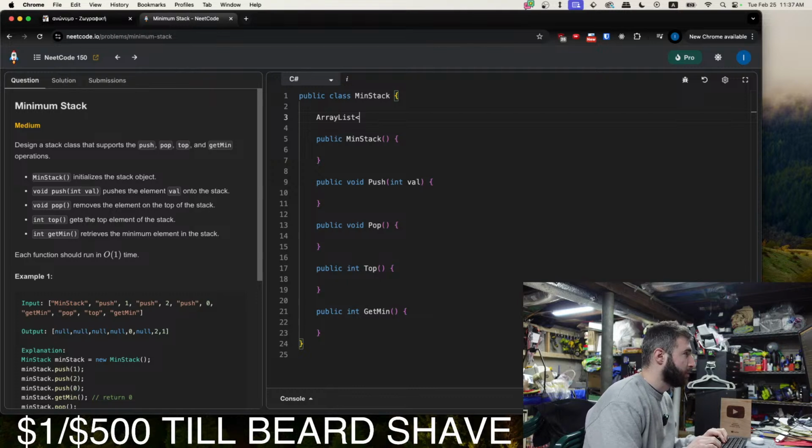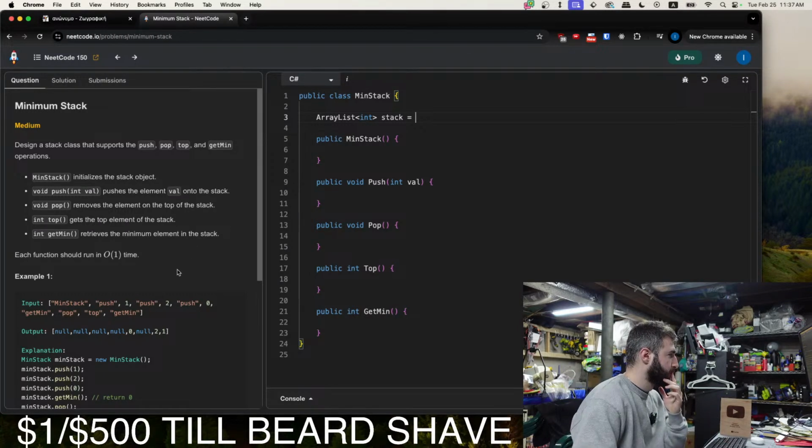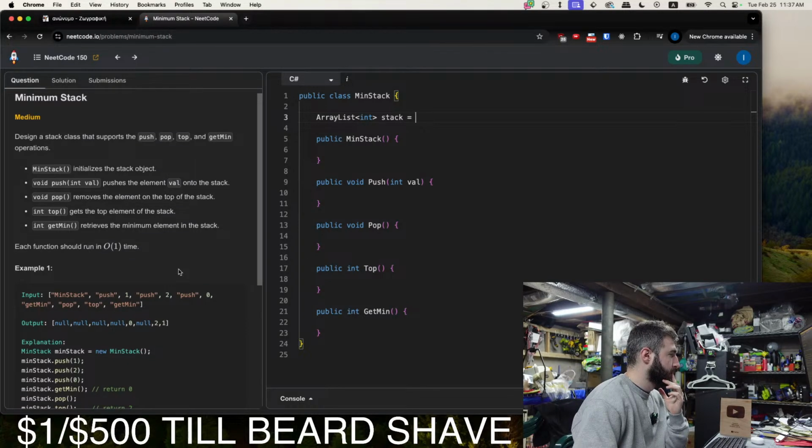I don't know if that'll get me in trouble in an interview, but ArrayList<Integer> stack equals. Okay, so we'll just leave it like that, and then in MinStack, this is where we initialize it. So we'll set stack equal to ArrayList<Integer>.